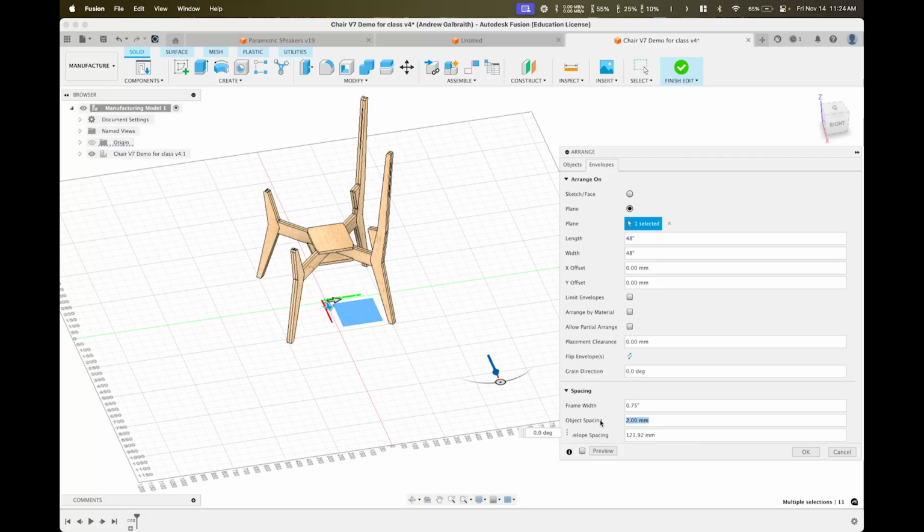And I'm going to change the object spacing to 0.375 inches. And then you may or may not see envelope spacing if you have an additional extension turned on. Don't worry about changing that. What matters is frame width and object spacing. And then I'm going to click Preview,